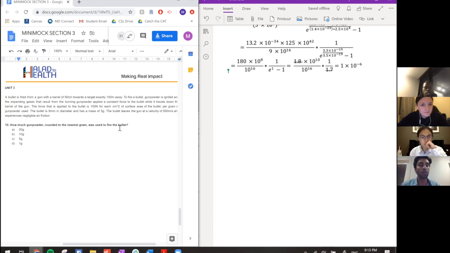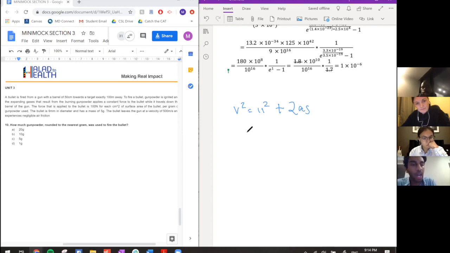So here I would first begin with using the kinematics equation, v squared equals u squared plus 2as, because I want to figure out the acceleration in this case. So v, I notice, is already given to me in that it's 500. So I just substitute that in. 500 squared equals u squared, which I notice is 0 because at the start, the bullet is stationary, just loaded within the gun, plus 2 times the acceleration, which is what I want to find. And then s is the displacement. So I notice that the barrel is of a length of 50 centimeters. So importantly, changing that to the appropriate units, we are in meters, so I would go 0.5 meters. So simplifying that, we get